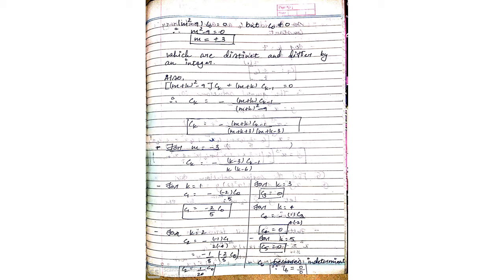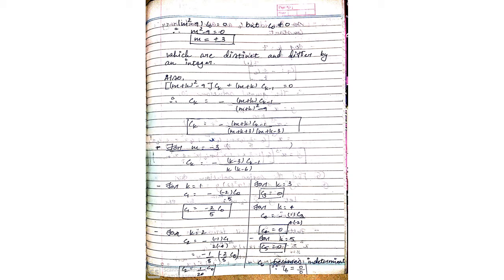Here I have not written it, but see the first example for this, and do the same procedure in the same pattern. Now next, the term equals 0 again. From this you can find s_k, right? That will be −(m + k − 1)s_{k−1} upon (m + k)² − 9. Here I just did one factorization, (m + k + 3)(m + k − 3), and it's not compulsory to do. Now remember the first example.